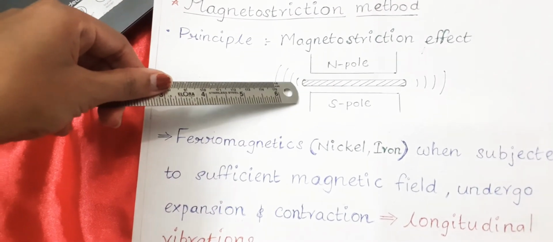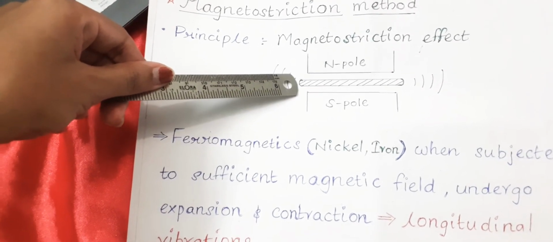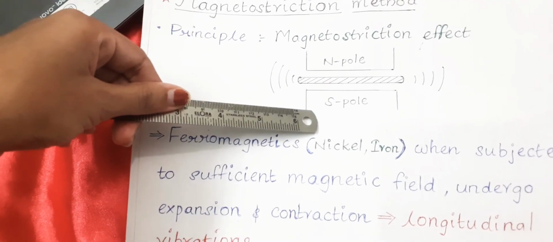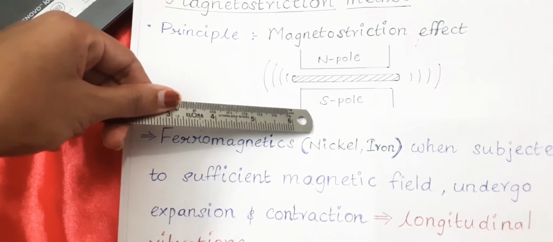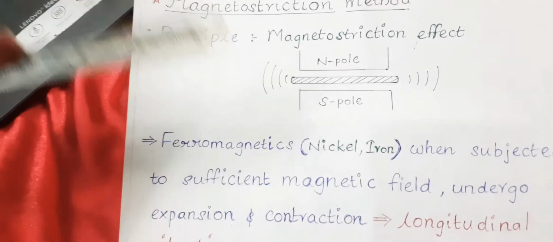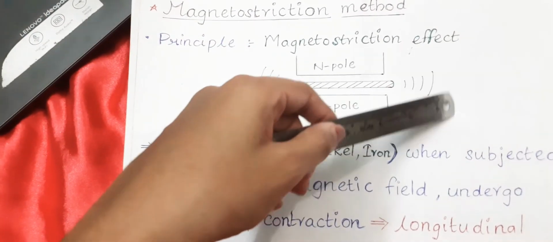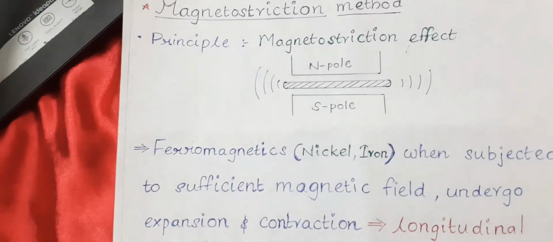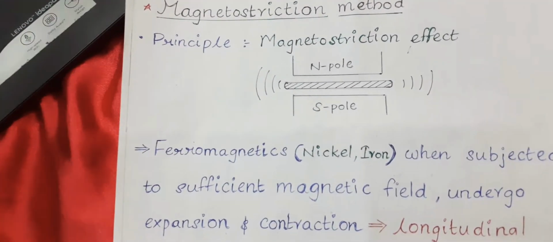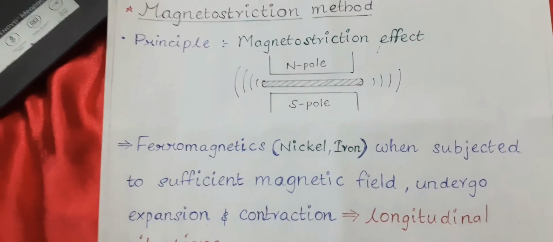When the natural frequency of the rod becomes equal to the frequency of the alternating magnetic field, resonance happens, and during resonance the rod will be vibrating very rapidly with maximum amplitude, so that particles in the surrounding medium will also vibrate with very large amplitude, and ultrasonic waves will be generated and propagated through both ends of the rod. So this is the basic principle